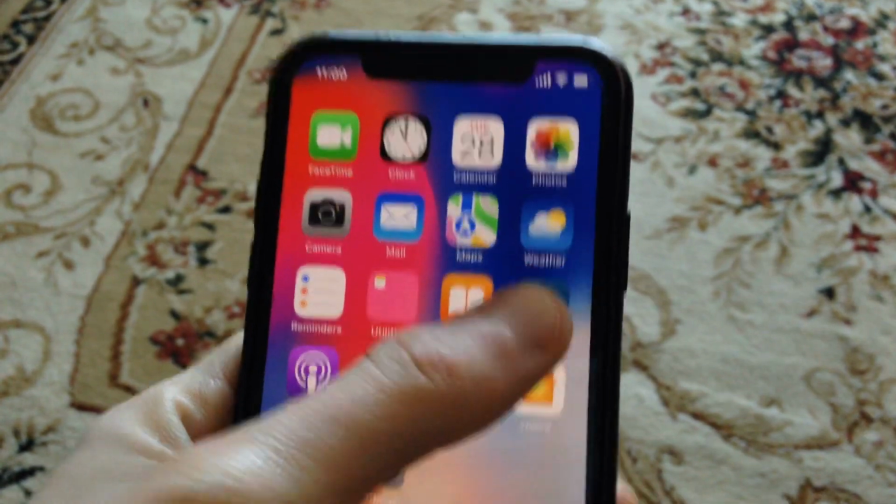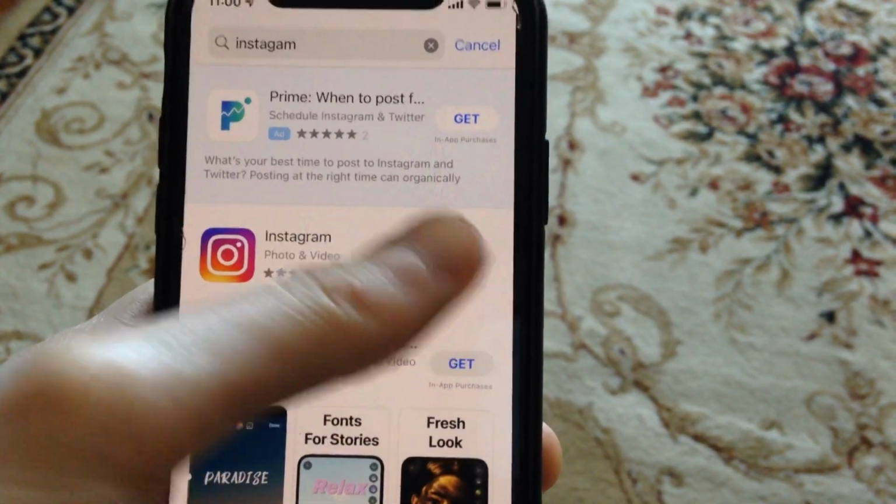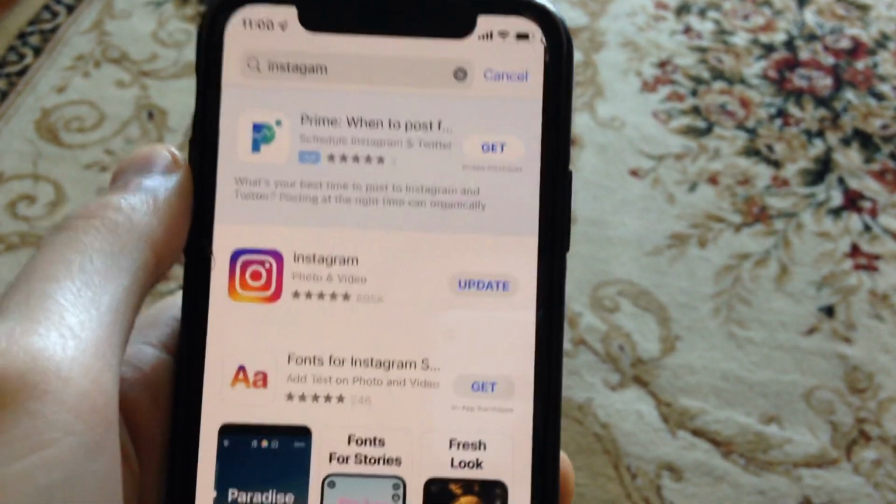And also you can try to update your Instagram. Just go to the App Store, go to the Search tab. In the Search tab, write Instagram. And if you see not Open but Update, just tap on Update and wait until it successfully installs the latest update